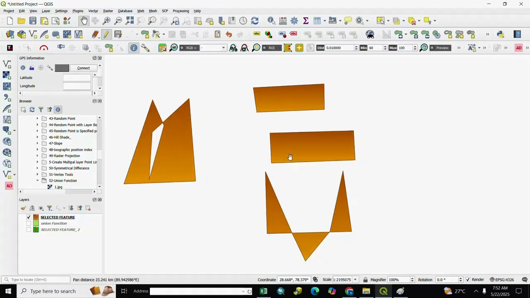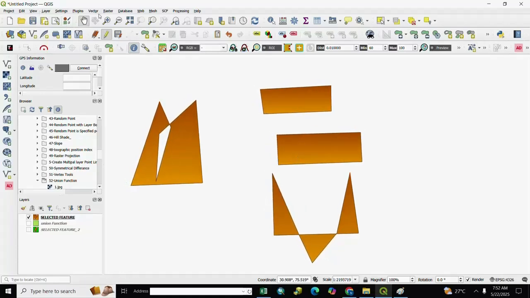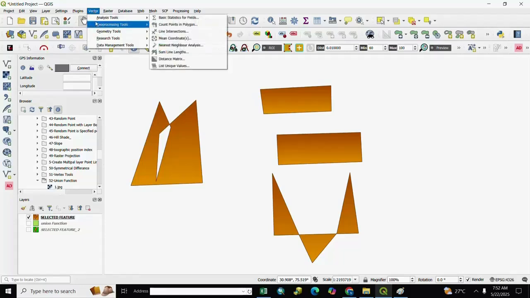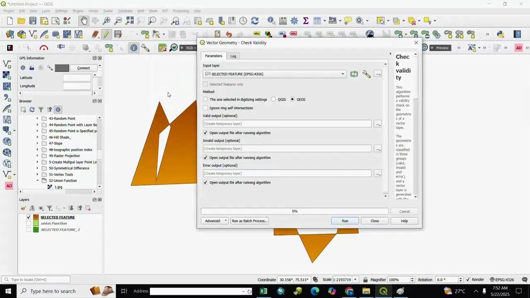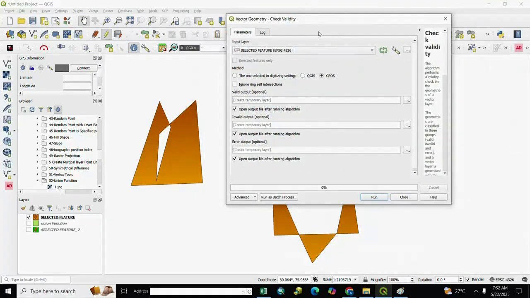For check validity, we go to vector and geometry tools and we select check validity, and we select here selected feature, because we already drew a polygon in the selected feature layer, and we pick the method the one selected in digitizing settings, and after it we go to output location.